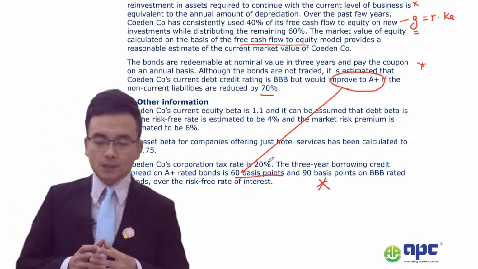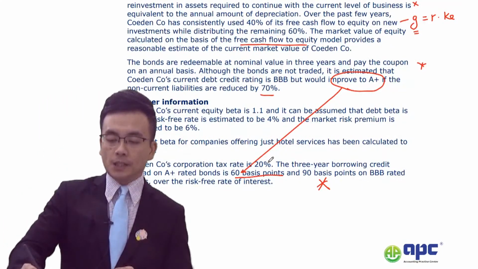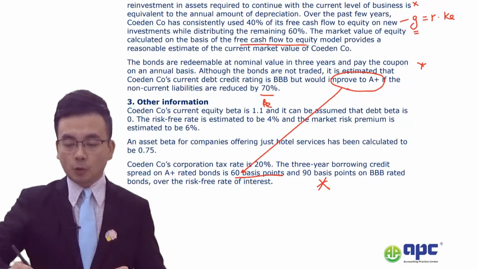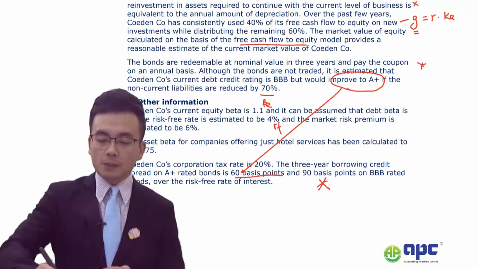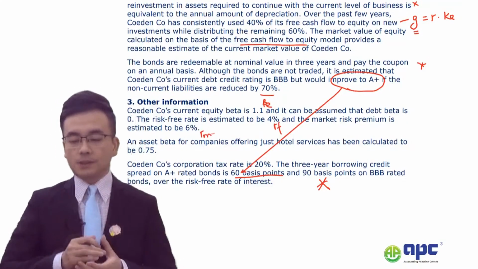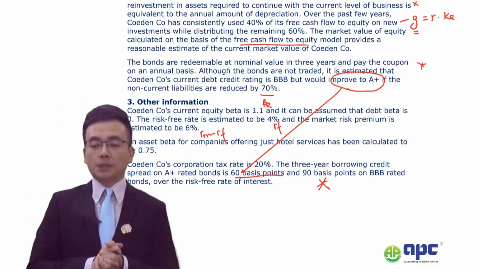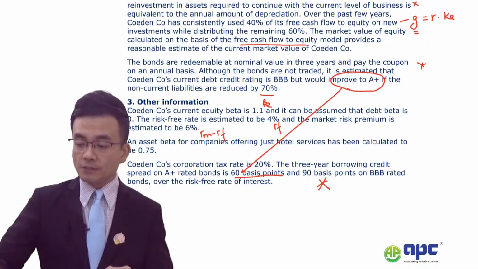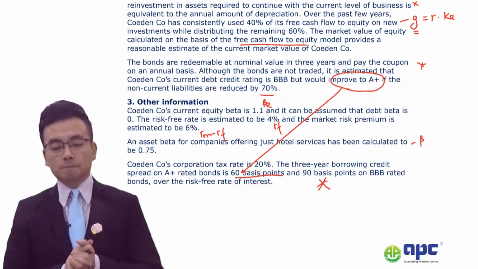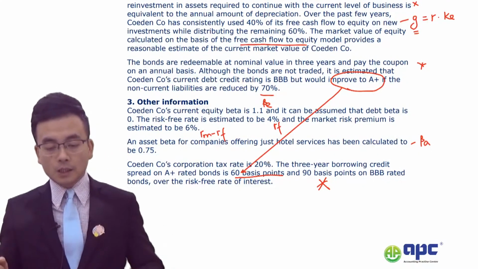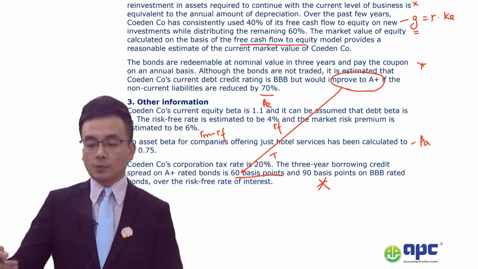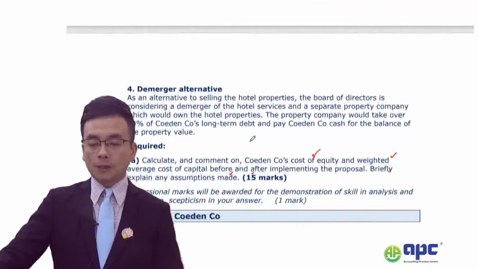We are given under section 3 that the equity beta is 1.1, the risk-free rate is 4%, and the premium, which means RM minus RF, is 6%. An asset beta for companies offering just hotel services has been calculated to be 0.75. So this is the asset beta there. And the tax rate is 20%. So we've got the credit rating and so on. Now, all we need to do